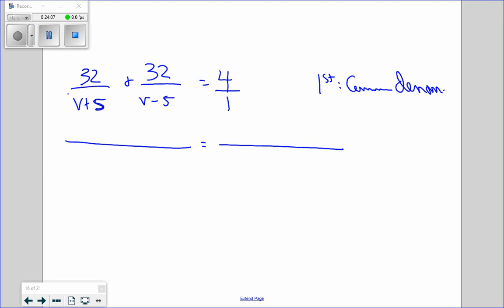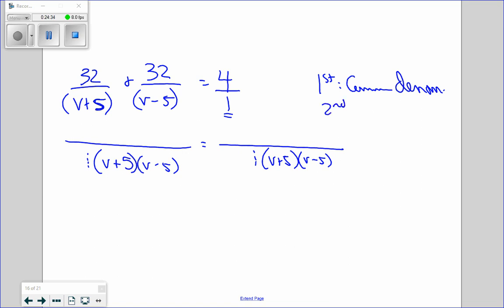Okay, so think of each of these as their own separate thing. So timesing everything by 1 has no effect. If you want to write the 1 here, you can, but it has no effect. And then you need 1 of every different bracket, and you're going to multiply them, just like we would if they were numbers. Once you have found that,